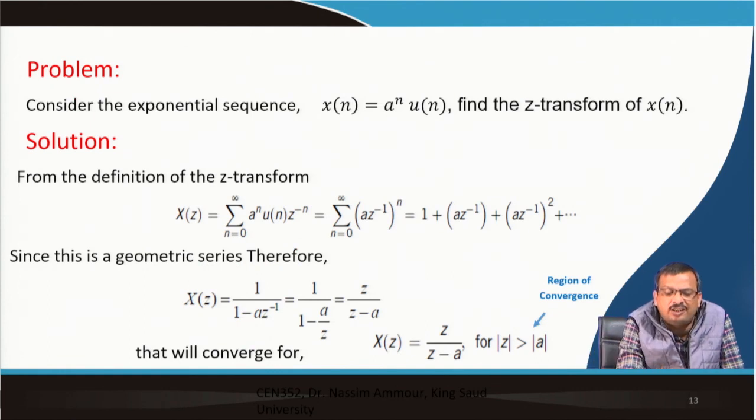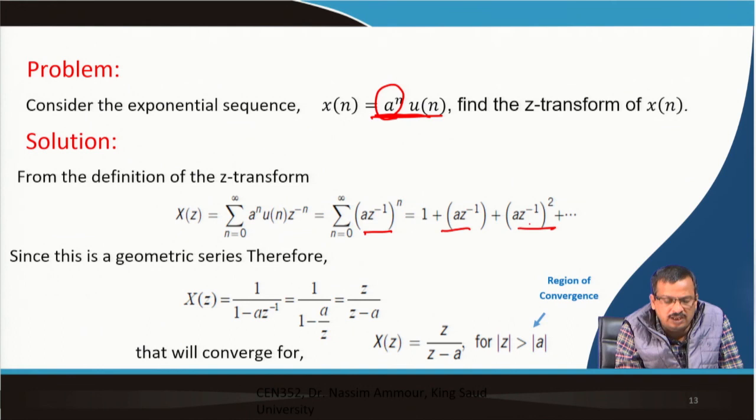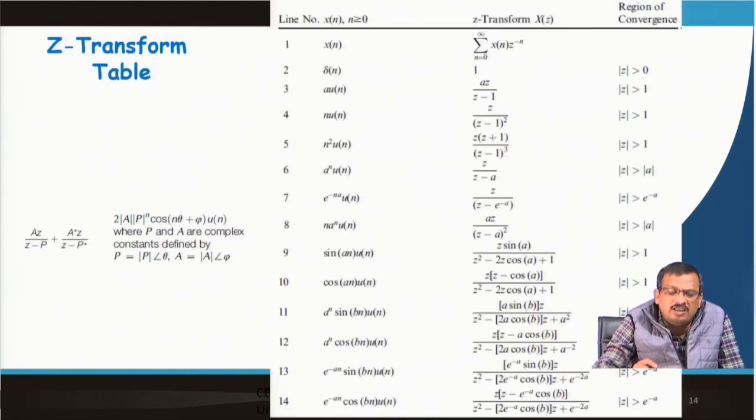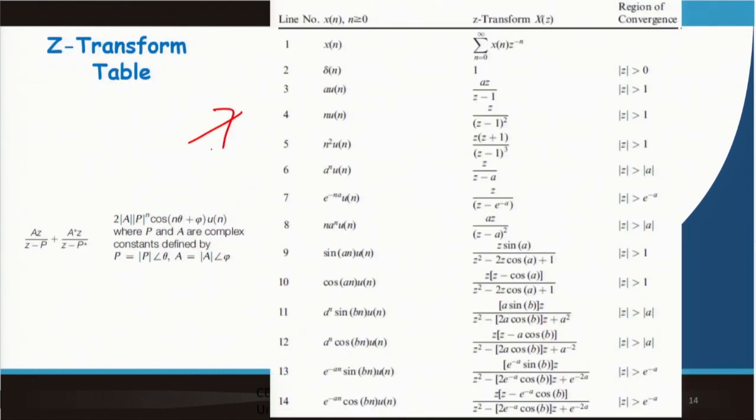Okay. So, that way we can solve another problem. Let us say consider x(n) is equal to a to the power n u(n), the same problem, but I am multiplying by a constant. So, it is nothing but the same, and a will be multiplied. The region of convergence I can calculate. Okay. Similarly, you can get the table of Z transforms. This is a table for which the Z transform is already given. Using that table, when we go for the Z transform, or when we go for the inverse Z transform, we can use this table.